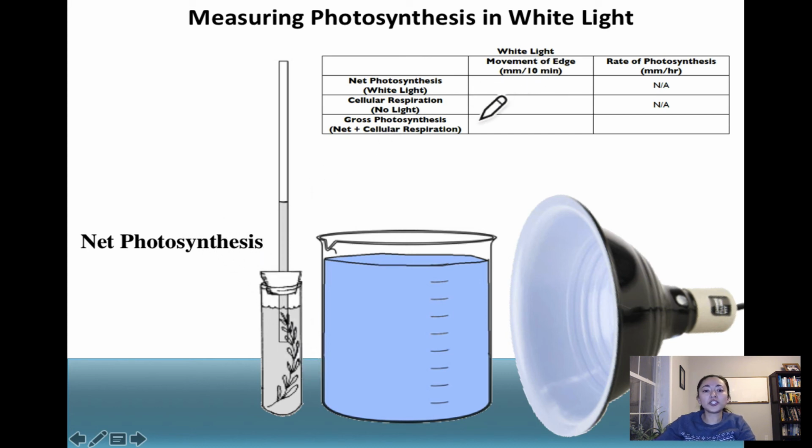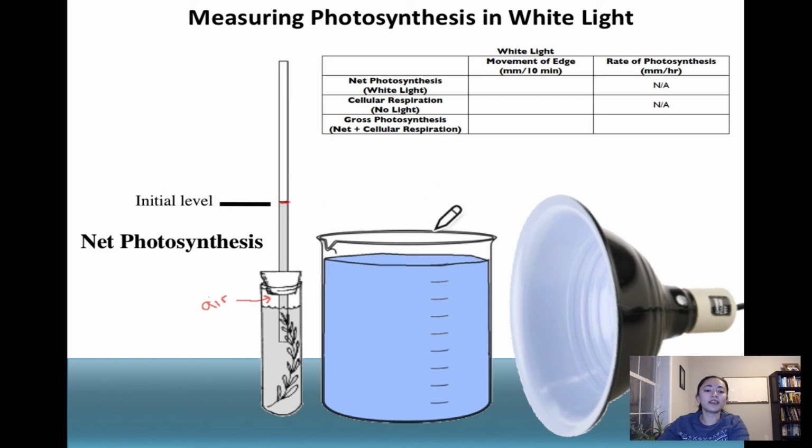So how will we measure the total amount of photosynthesis? What we're going to first do is measure the amount of the net photosynthesis happening. And we will place our Elodea into a test tube. We'll place a cork on that with a pipette in it. Some of the sodium bicarbonate solution should move up the pipette to start off the experiment, and you will have a little bit of air in the test tube. Next, you will mark the initial level